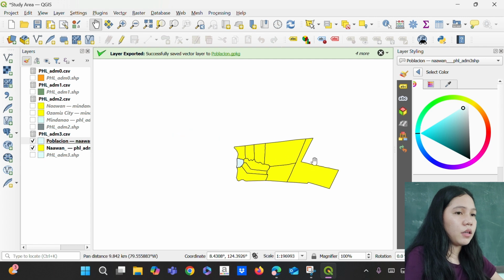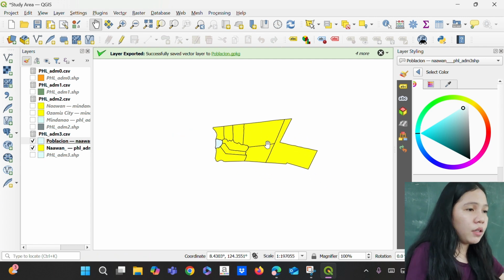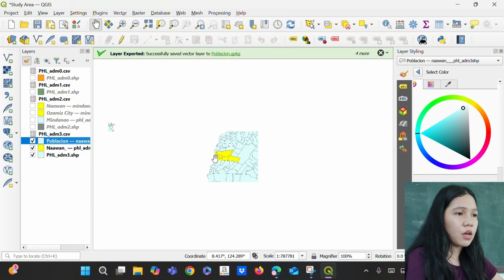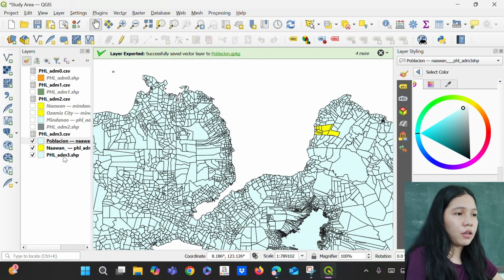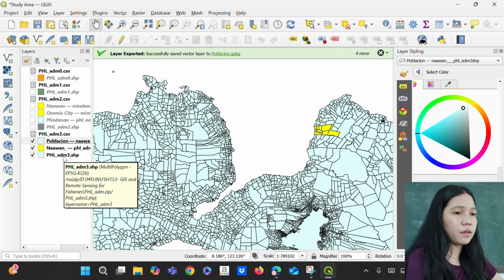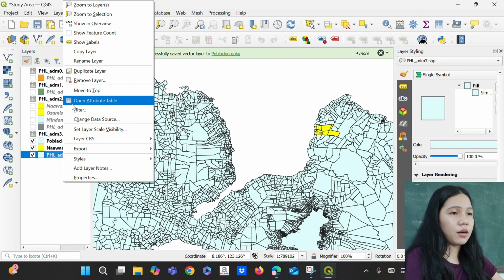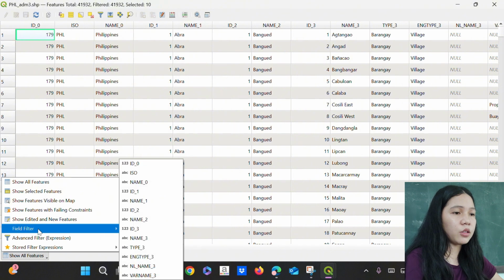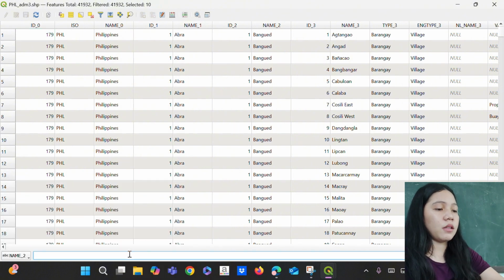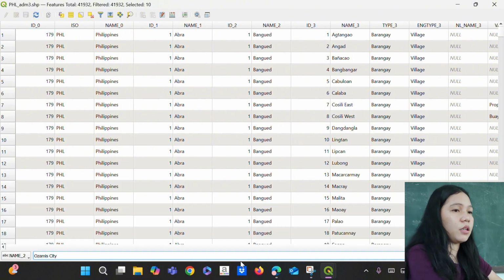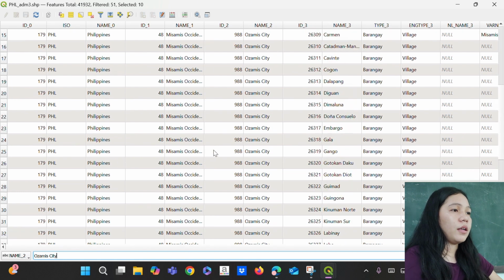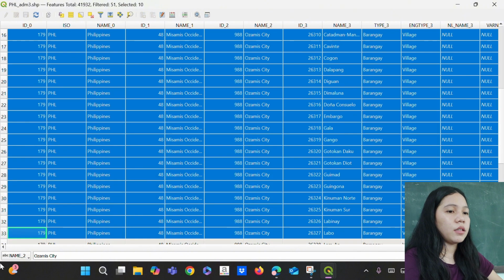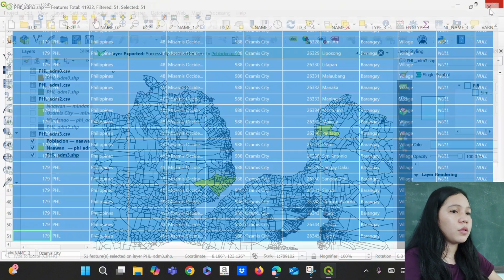We have our study map area 1, Poblacion, Naawan, Misamis Oriental. Then going to extract another study area, which is Osamis City. So going back to the Philippine Administrative Tree layer, going to extract the Osamis City, open attribute table. On the bottom left, you have show all features, click the field filter, choose name 2 for municipal level. We have Osamis City, click Osamis City, enter. And then highlight all areas that have Osamis City on it. So click here, then highlight all the areas, close.